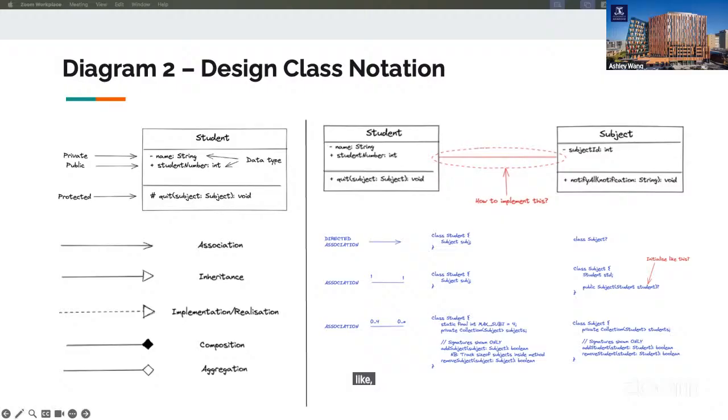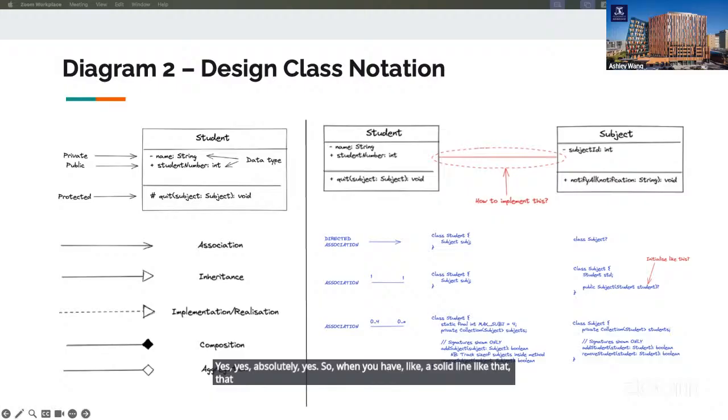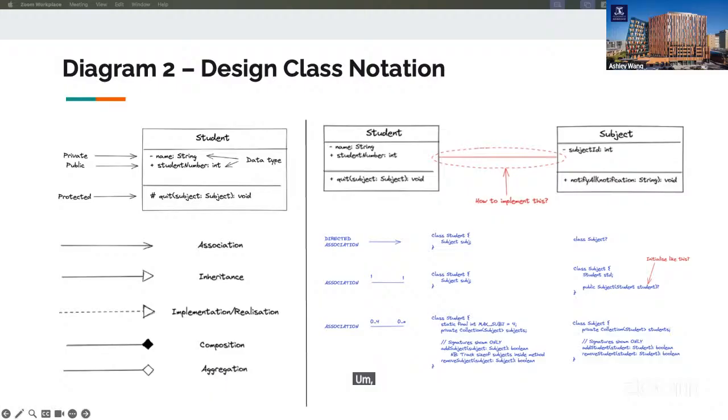What does that mean in your code? Yes, student might have an array of subjects. The multiplicity is not specified here. Excellent. So when you have a solid line like that, that means they contain each other as an attribute.